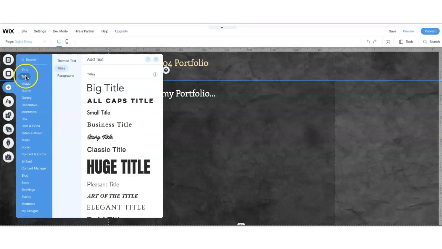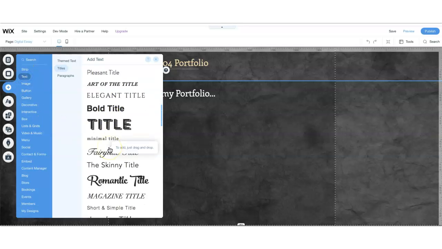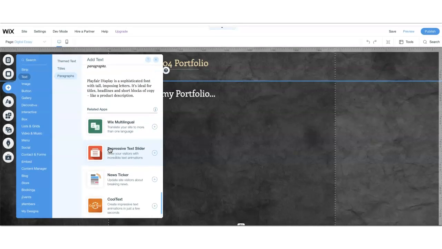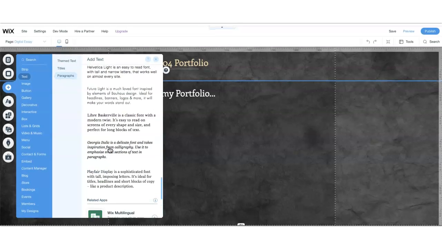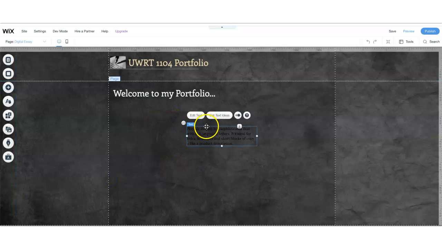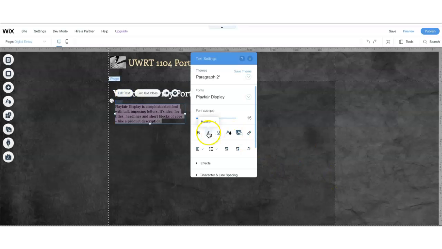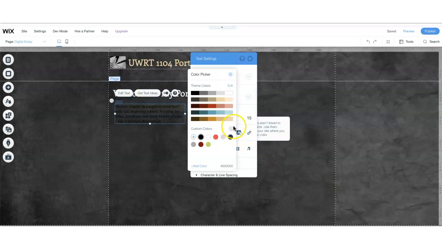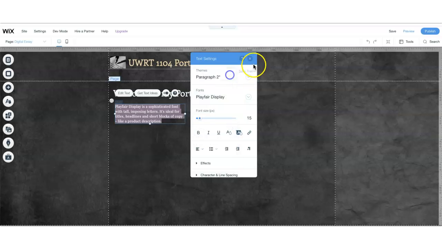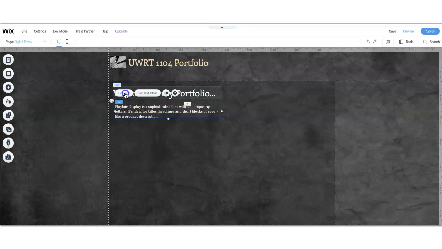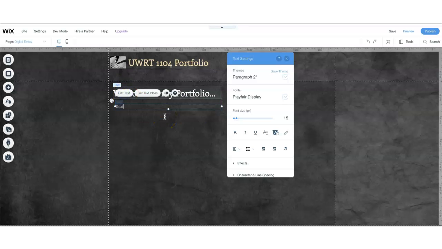And then I'm going to add in some text box here. I'm going to pick Playfair because I like Playfair. I'm sorry you can hear my dog whining in the background possibly. We're just going to have to work with that a little bit. I'm going to edit the text and make it a white font so that it matches and looks very contrasting with the background. As I suggested, you want to add in multiple text boxes